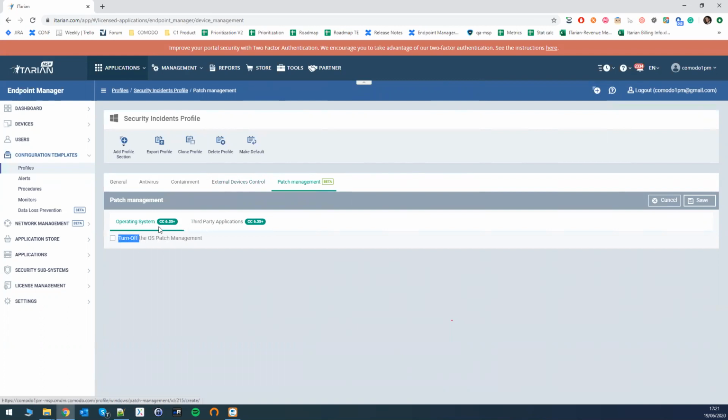turn on or turn off operating system patches and third-party application patches. So, for example, when you turn off the third-party applications patch management section, it means that Endpoint Manager will not check and handle your third-party application patches over the portal. If you want to disable Endpoint Manager operating system patch management, you just need to turn off the patch management system,